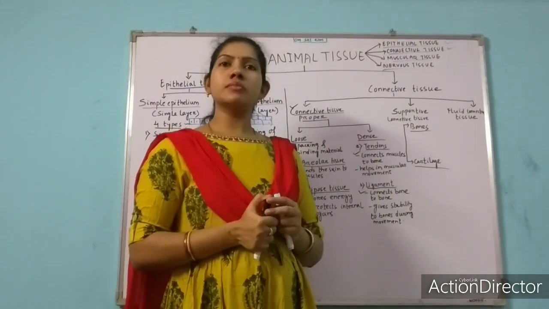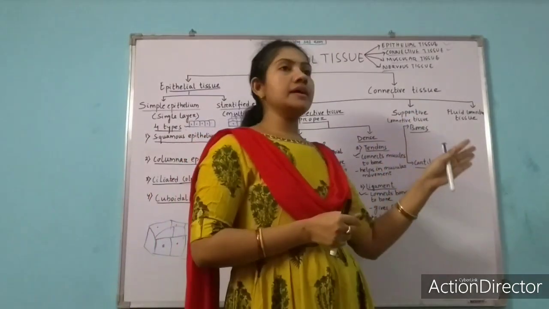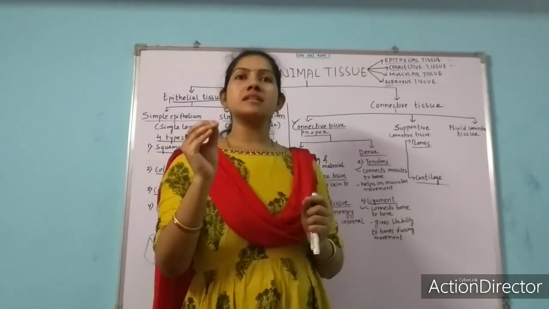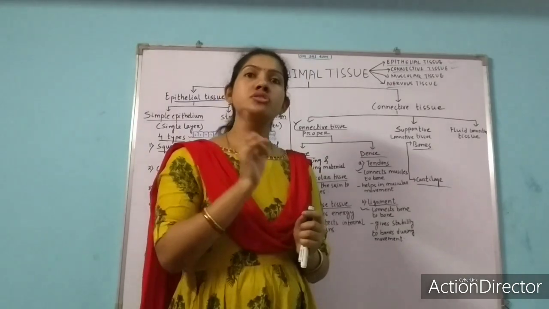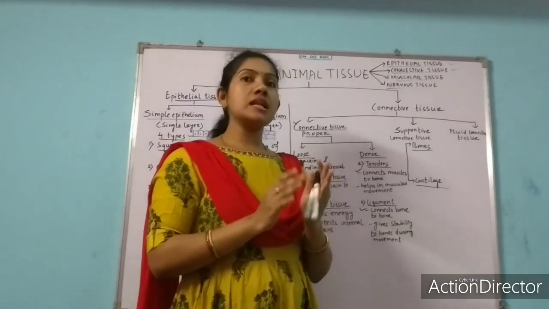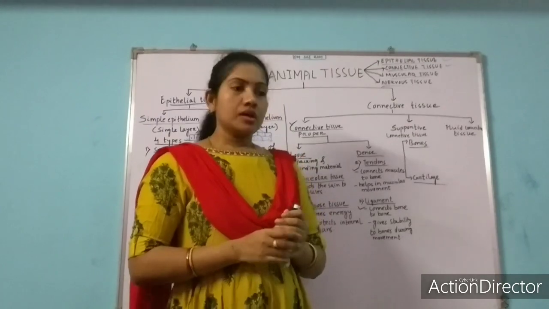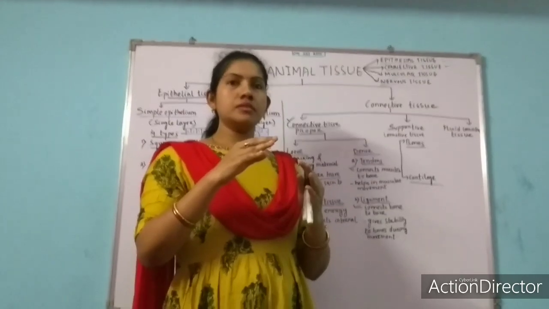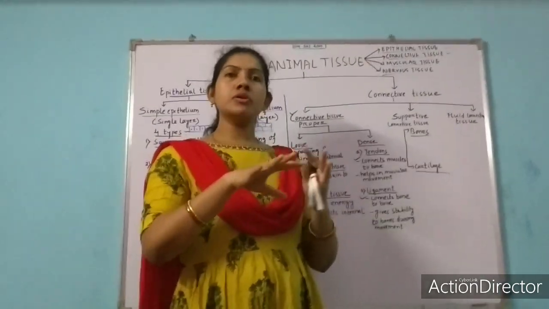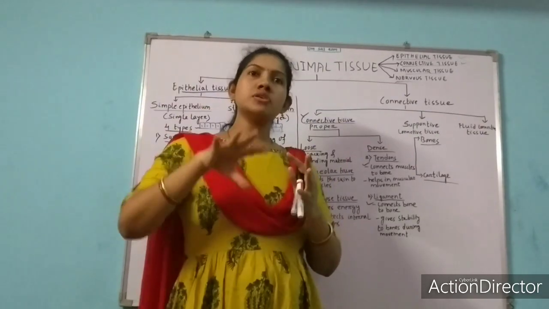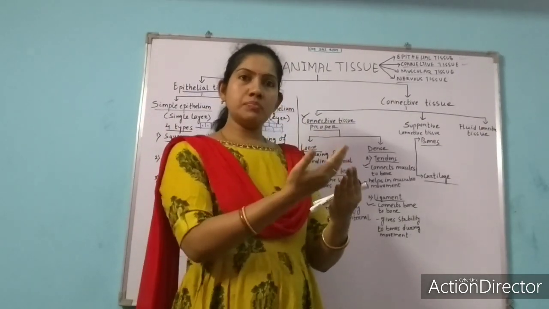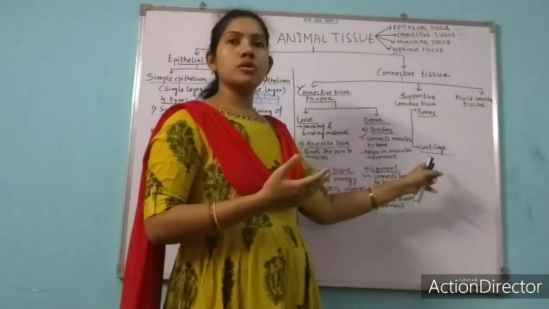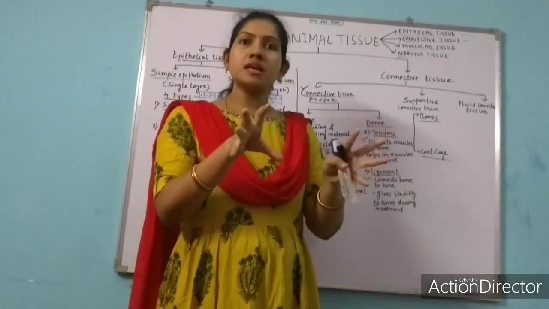Let's first discuss bones. Bones are made up of small bone cells, and those bone cells are called osteocytes. Remember, the bone cells are called osteocytes. In your higher classes, like in graduation, you can see the dissection or the internal transverse section of these bones under the microscope, and then it will be clearly visible.